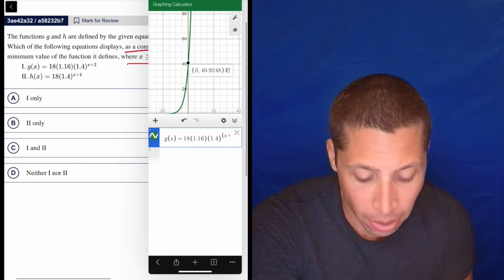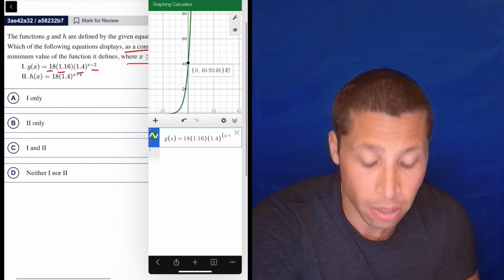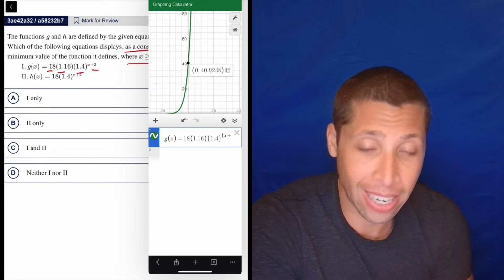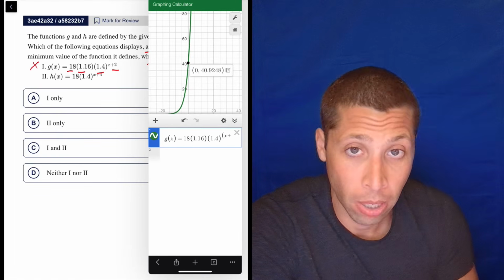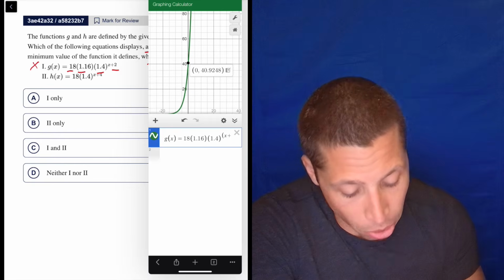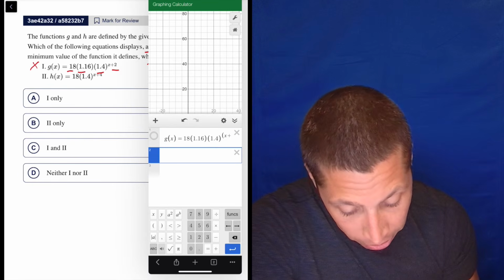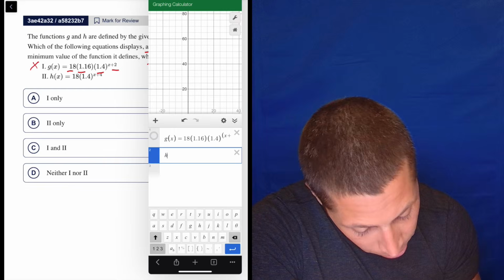Is that number any of these numbers? No. Therefore, it is not a constant or coefficient in the equation. So 1 is wrong. That's what they're asking. So now let's turn it off, and then let's go to the h of x. So type the same thing. So h of x